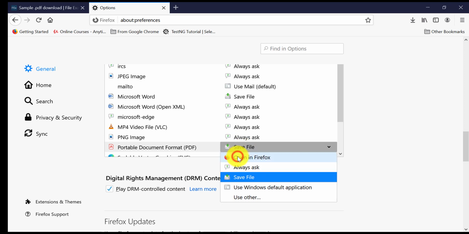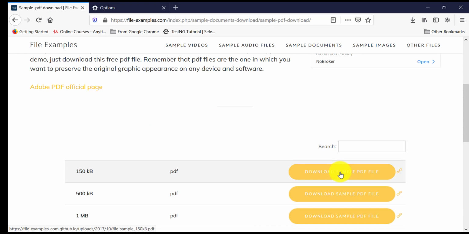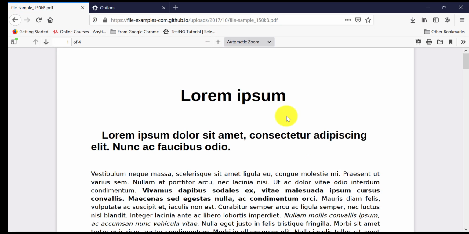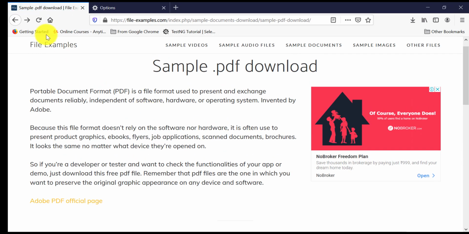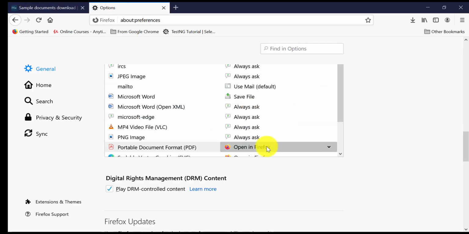If this option is on, open in Firefox, then when you click on the download button for a PDF file, it will download and open that file in a Firefox tab. While automating any scenario, these are Windows things and we don't want to handle them. We can handle them using AutoIT, but that's not required.